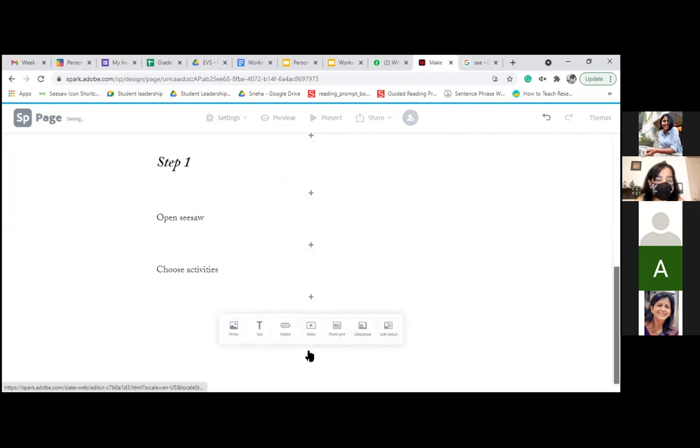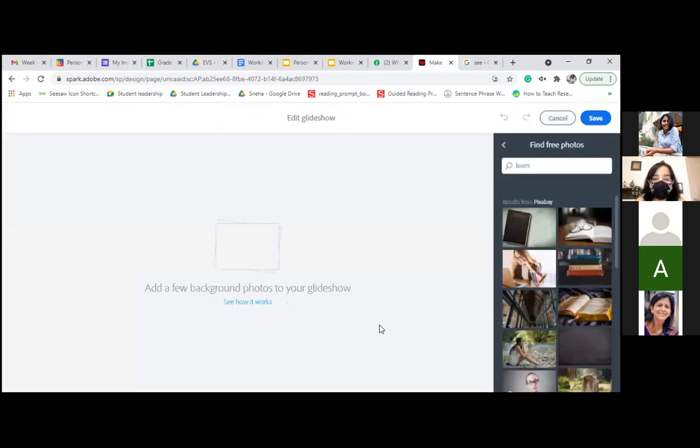Now here is another feature which is quite useful. It is the glide show. So for example, glide show is nothing but like if you have a lot of text and you want to use an image to complement that particular text, let's say I use this image, okay?